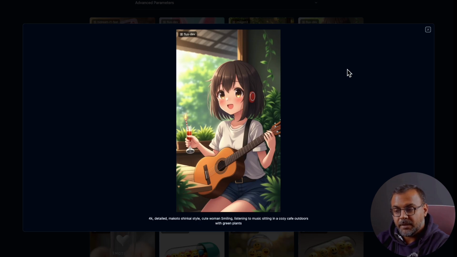Flux Dev, I don't know what to say. Absolutely lost the plot with this art style. Definitely not Makoto Shinkai. It's definitely anime style, but that's about it. We specified a cute woman, whereas it's given us a cute girl. And sitting in a cozy cafe, I mean, technically, I don't know what she'd be doing with a guitar and whatever this drink is. So, again, this is what happens with Flux Dev, is you kind of lose the plot a little bit,